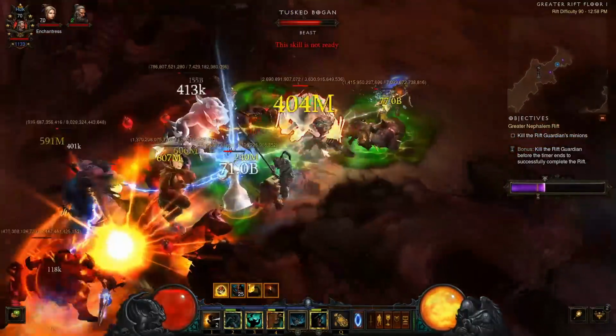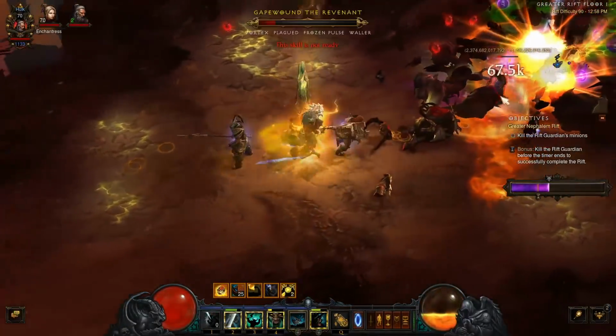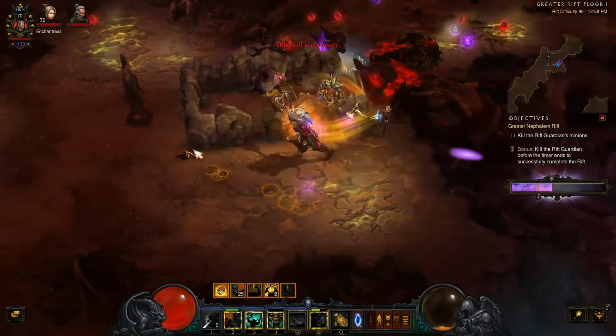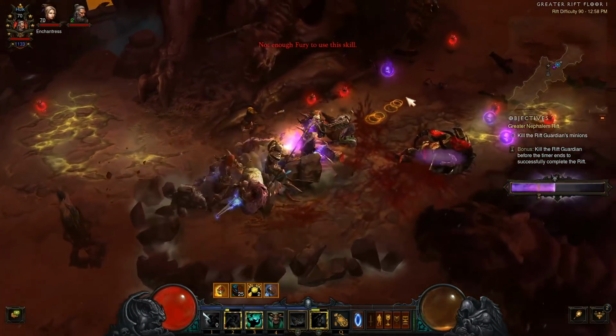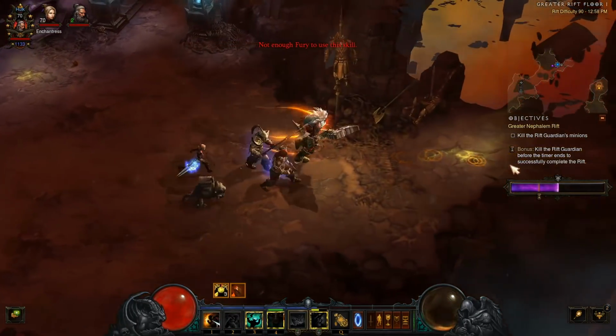We got that shrine, which is really, really nice. My favorite shrine. And did we get them both? No, we didn't. There we go. Was there a third elite in there, or was it just the two? I thought there was only two. But...